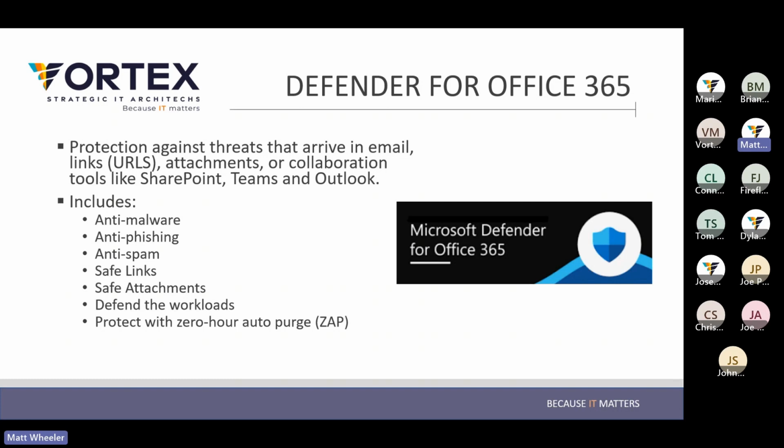This ZAP, or the zero-hour auto purge, constantly monitors spam and malware signatures that are updated from Microsoft. If it finds these messages, it could automatically remove them from end users' mailboxes in the organization. So once again, we're taking advantage of Microsoft's massive spend on cybersecurity, and the time that they spend hunting down all of these threats. We know right away when an organization is impacted by these threats because it's all happening automatically, and we're relying on Microsoft for that.